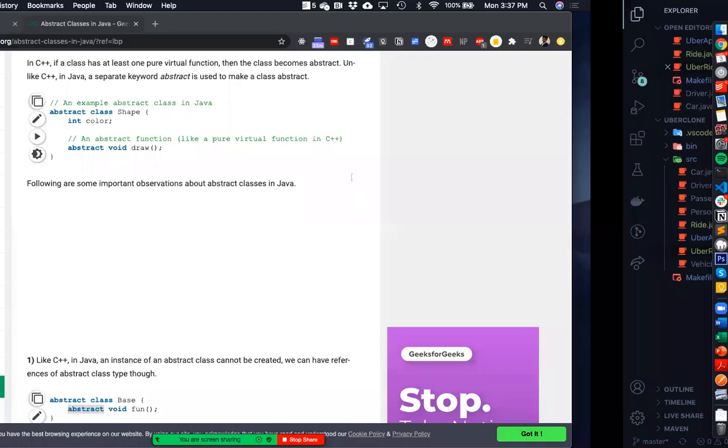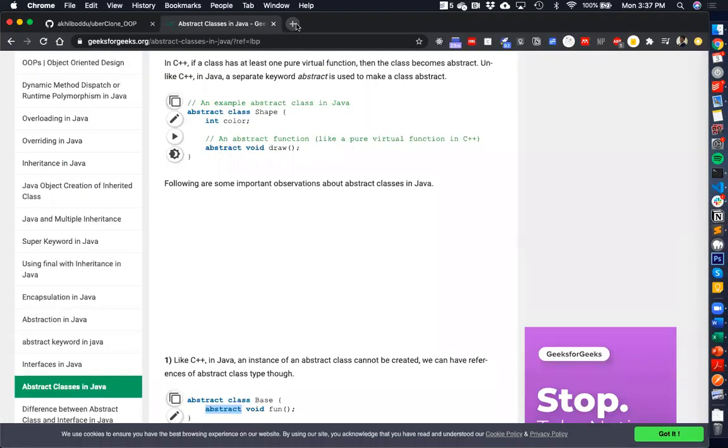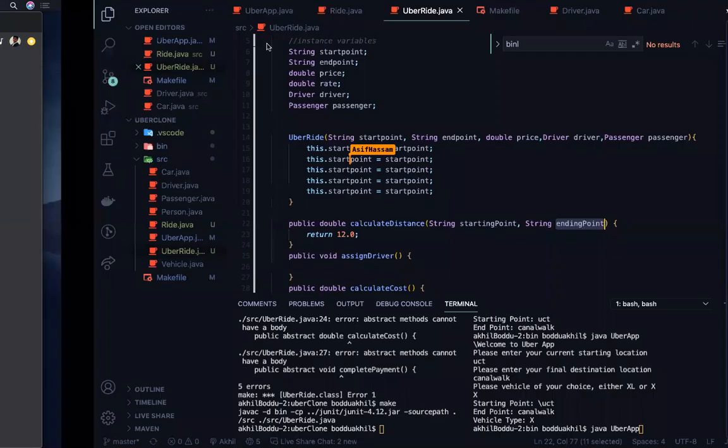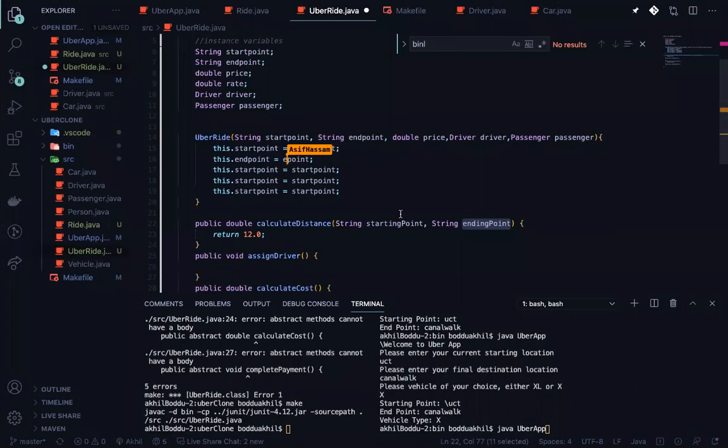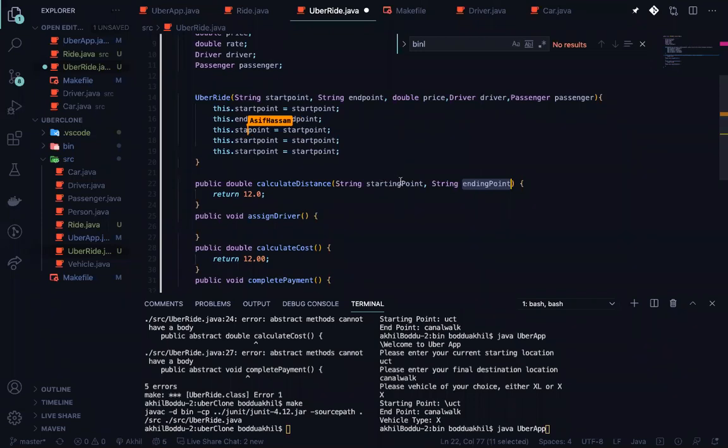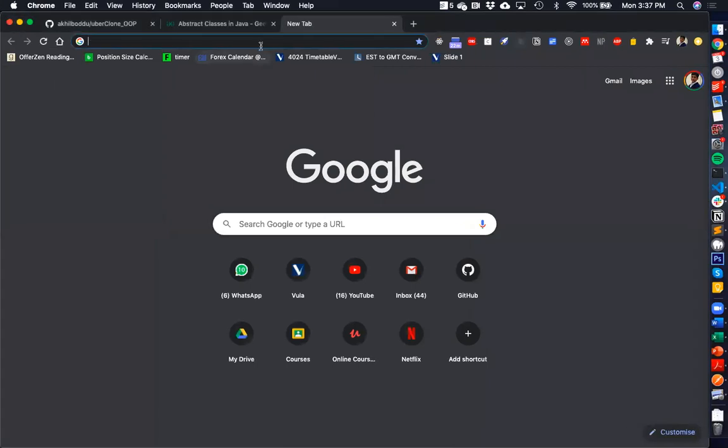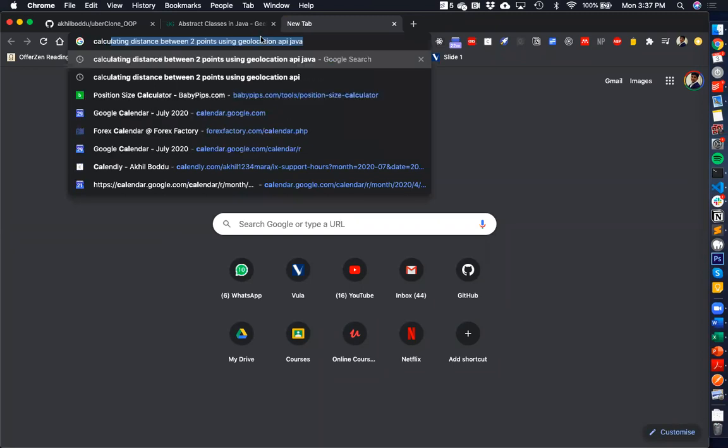Okay, so cool. I'm just going to continue. What we're doing, guys, is we need some sort of way to access and play around with this data, so that we're able to access this distance. We'll be able to take a starting point and an ending point, and then return the distance. So I think a cool Google search would be, let's see, calculating